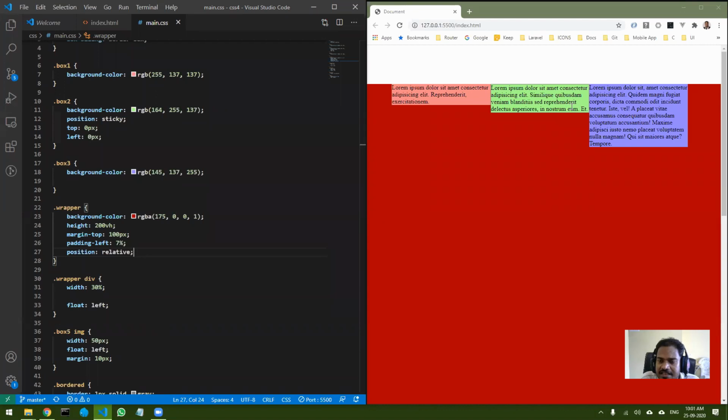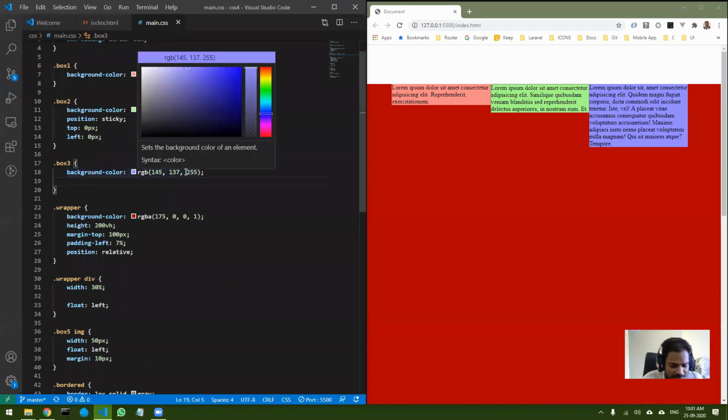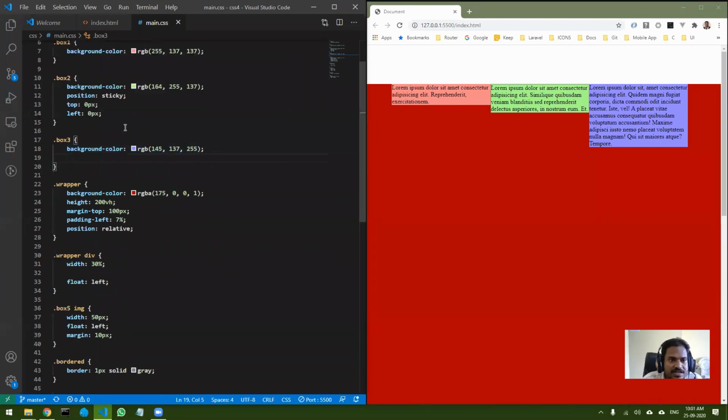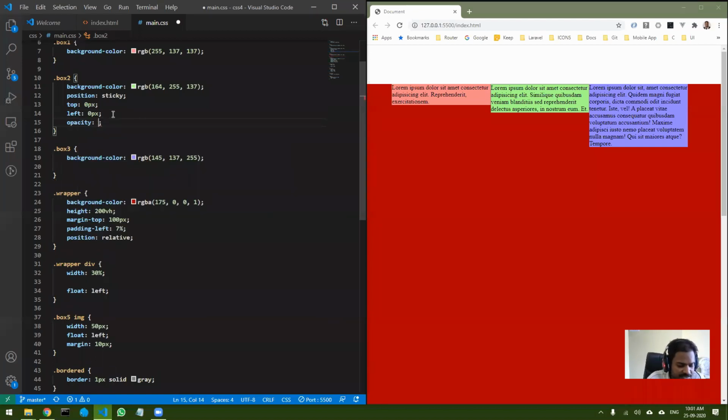Another thing that people use to hide it is, you can set the opacity. Let's suppose, let me show you one example, then you can understand it better. Opacity of, let's say, 0. So you can see the difference.